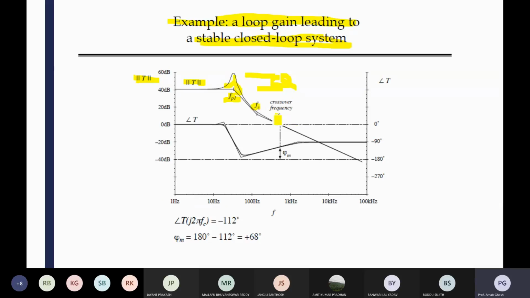Okay, I think one pole is also there. Okay, so here that portion. It is not mentioned but it is there. So the angle is there first. Up to this portion, 0 means there is no change of the angle. Okay, 0 dB line. After that, due to the poles, two poles are there, it will go towards 90,